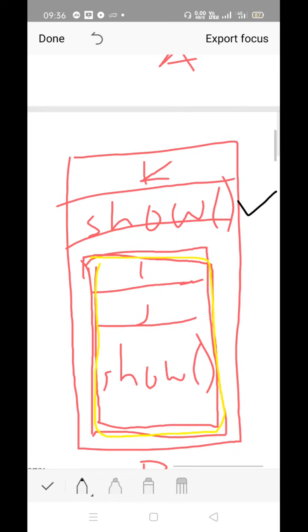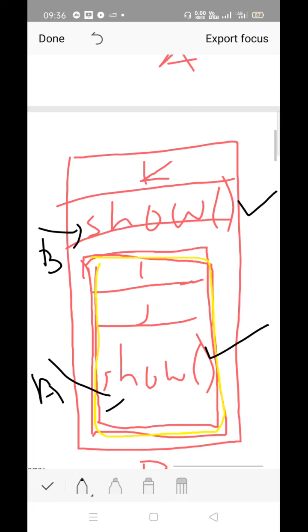Here is a show function and one more show function. Where? See, one more show function you have, right? So this show function refers to which class? Parent, that refers to A's show function, and this refers to which one? B's show function. So B's show function hides its parent's show function.